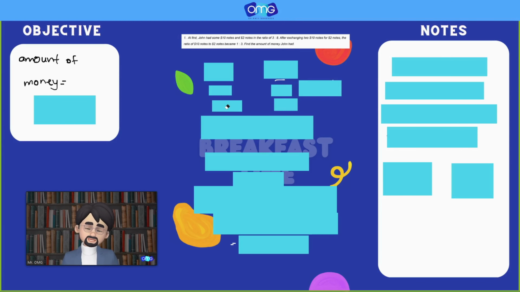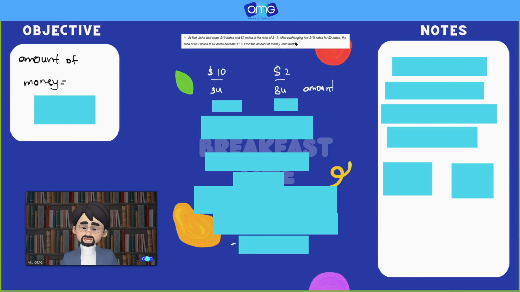PSLE questions, primary. At first, John had some $10 notes and $2 notes in the ratio of 3 to 8. Since this is a ratio, we're going to use unitary models, which is 3 units and 8 units. After exchanging two $10 notes for $2 notes, two $10 notes equals $20, and that